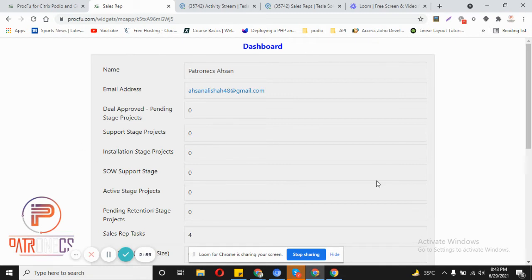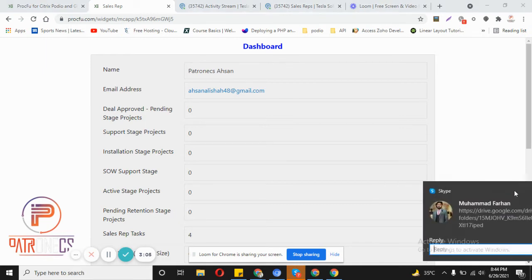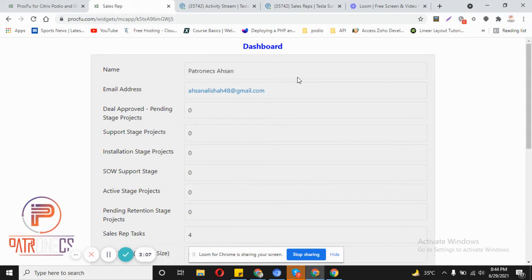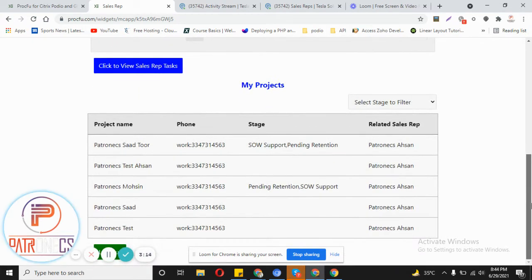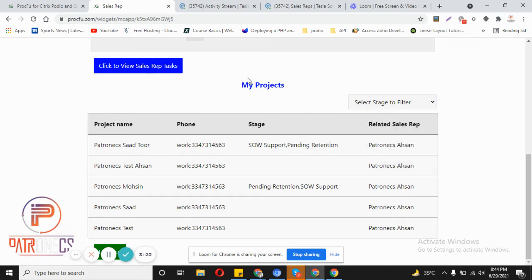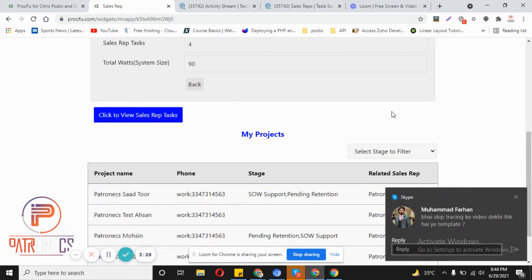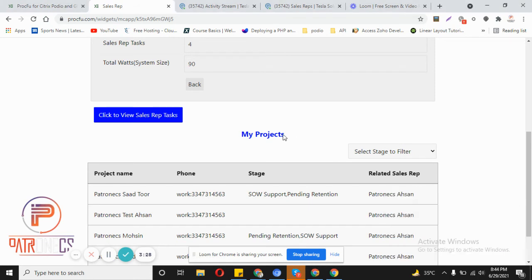It's a dashboard where you can see your data, and there are some advanced KPI dashboards which can be created to have on the dashboard. I will show them in next videos. You can also see your projects where you are assigned. You can filter them by different stages and different sections. These can be top menus showing here. You can create more menus here, and they will be visible here.